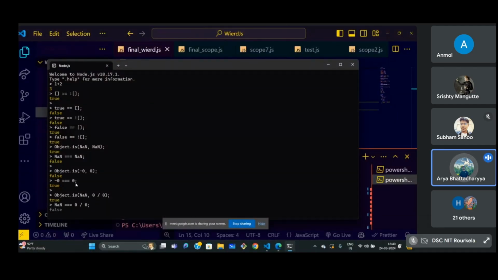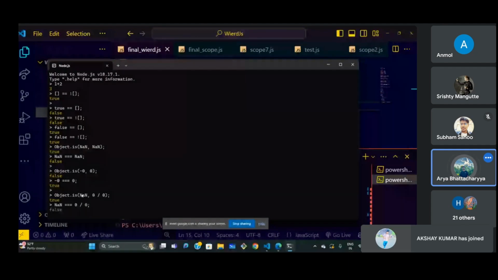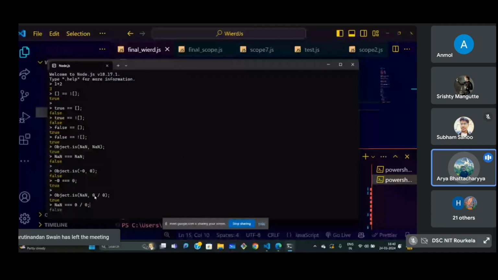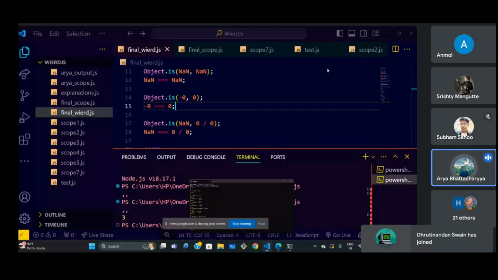The third question is an expression considering the first two questions, because over here we have NaN and this is also NaN, 0 by 0. So NaN on both sides will of course return false. And this is a NaN and this is again a NaN, so Object.is NaN and NaN will always be true. These are the solutions for these questions. Okay, we have noted down the ones giving the correct answers.